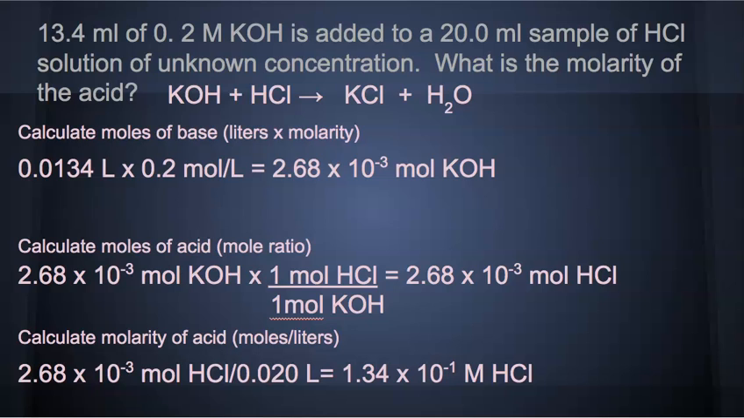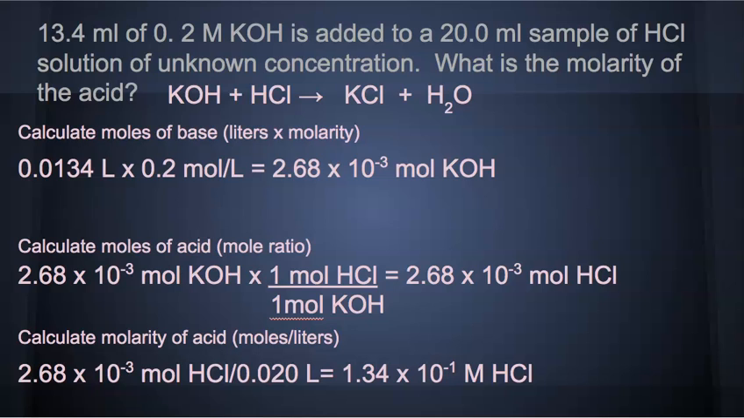And we can find the moles of our base by doing the volume times the concentration, 0.0134 liters, right, 13.4 milliliters, times 0.2 moles per liter, gives us 2.68 times 10 to the minus third moles of KOH. Now, since this reaction is 1-to-1, that means that's also how many moles of HCl we had. So 2.68 times 10 to the minus third moles of HCl. And then if we take our moles divided by our volume, we'll find the concentration. 2.68 times 10 to the minus third moles of HCl in 0.020 liters is 1.34 times 10 to the minus